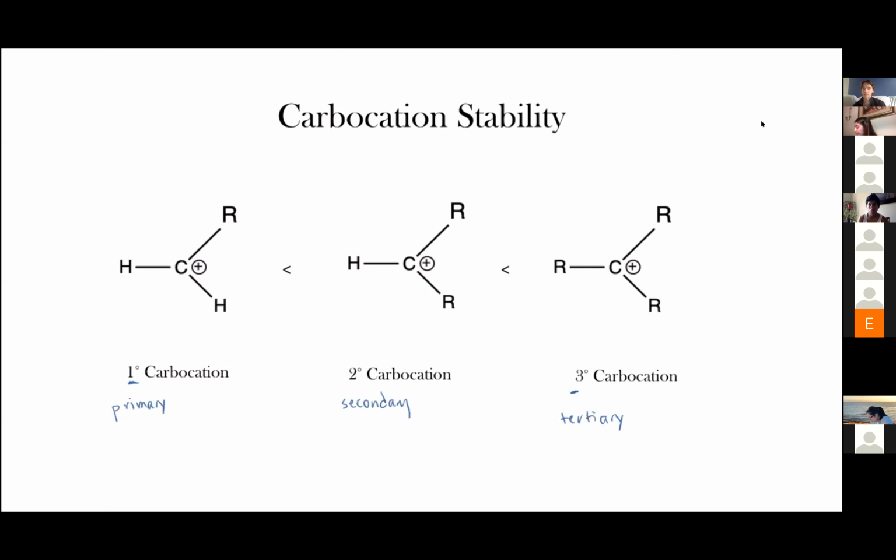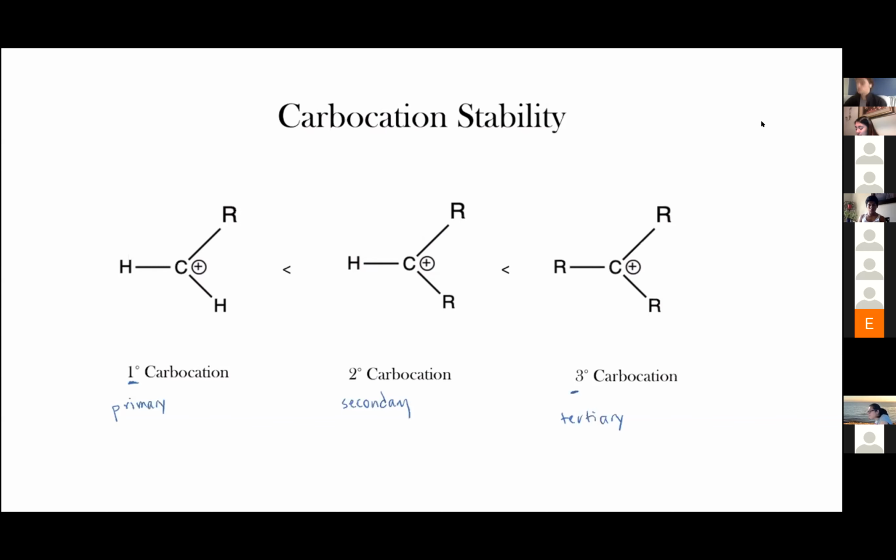And then a secondary carbocation has two alkyl groups around the carbon with the positive charge. And lastly, the tertiary has three alkyl groups around the carbon with the positive charge, okay? And so if you'll notice from this arrangement, the tertiary carbocation is the most stable of the carbocations, okay? And so we're going to first look at a reaction, and then we'll talk a little bit about the stability further,